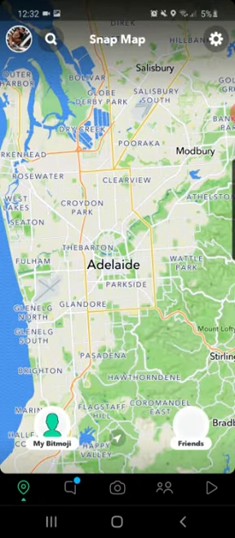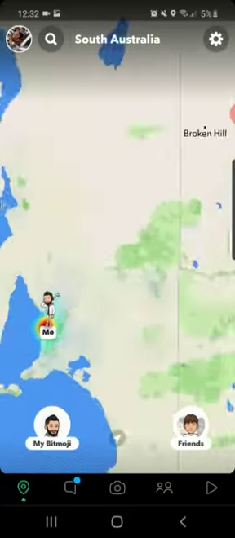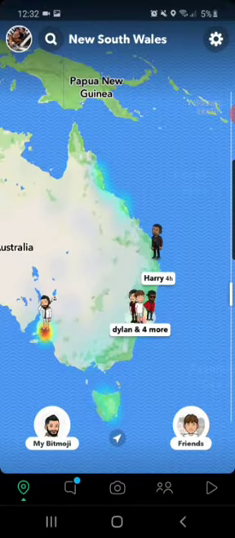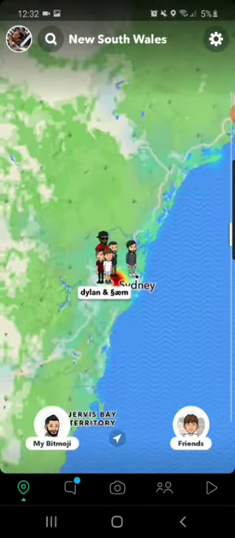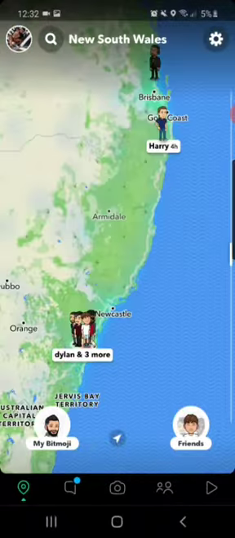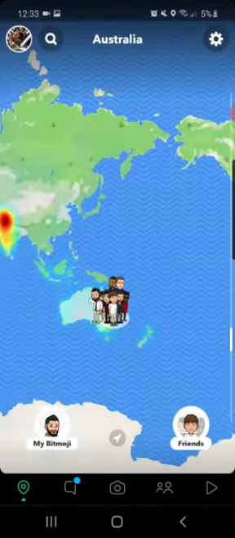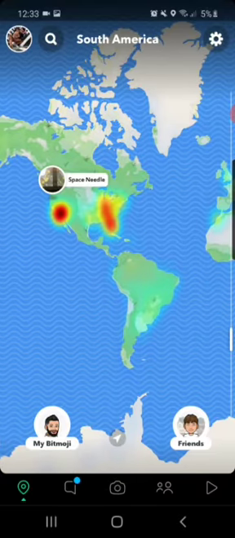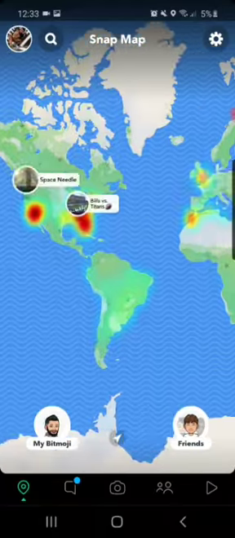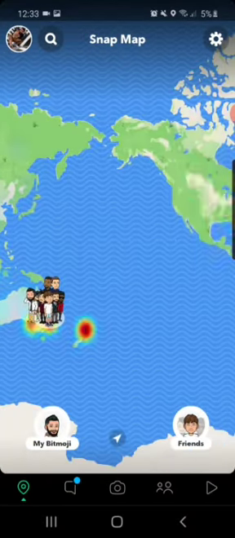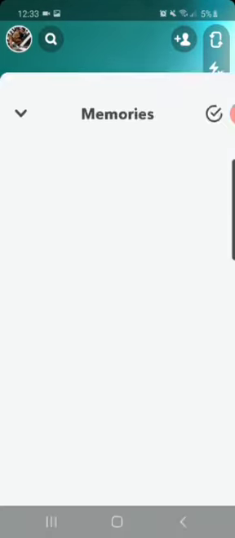Although I put my locations so that people can find me. I'm in Adelaide right now. I promise you people are in Sydney, and these people are in lockdown. I promise you they're in Sydney and they're stuck because of the coronavirus pandemic. And other people around the world, I see Maine, I see they're all over the place.